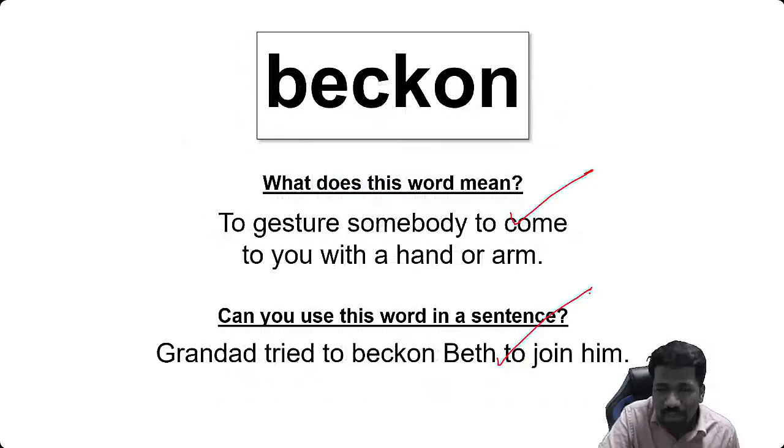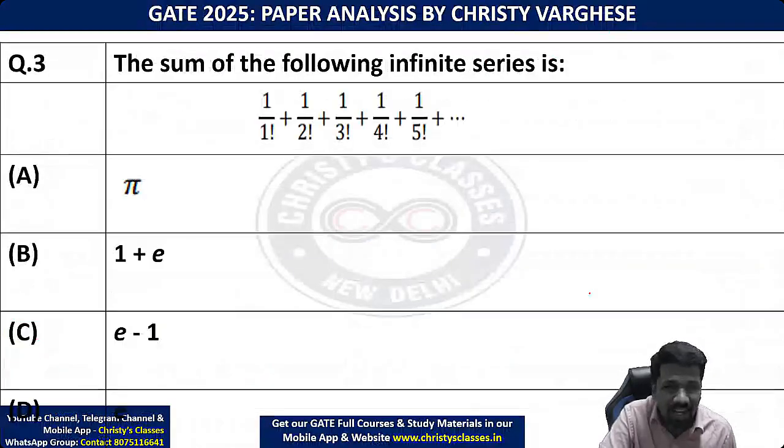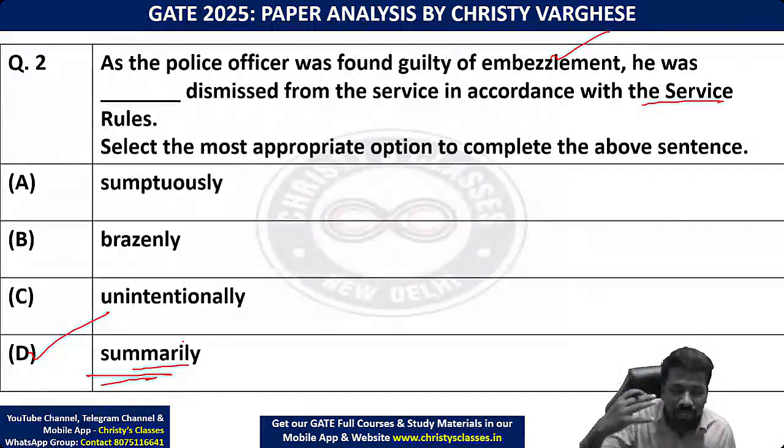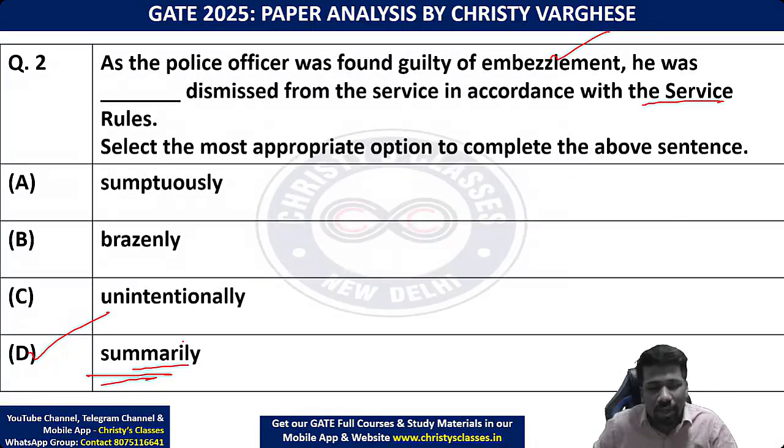That does not mean वो word से ही क्वेश्चन आएगा. फॉर एग्जाम्पल इस क्वेश्चन में समझोसली, ब्रेसिनली, अनइंटेंशनली, समरली ये वर्ड्स दिया, इसमें से कुछ वर्ड्स इसमें इंक्लूडेड होगा, बट मोर देन दैट द ऑब्जेक्टिव इज टू इंप्रूव योर कॉन्फिडेंस इन वोकैबुलरी। वो एक हैबिट जैसा बनाने के लिए ट्राई कर रहा है, आपका वोकैबुलरी इंप्रूव करना है। For that I'm giving you a support by doing this word of the day initiative. If you are very lucky, questions will be based on some of those words itself.